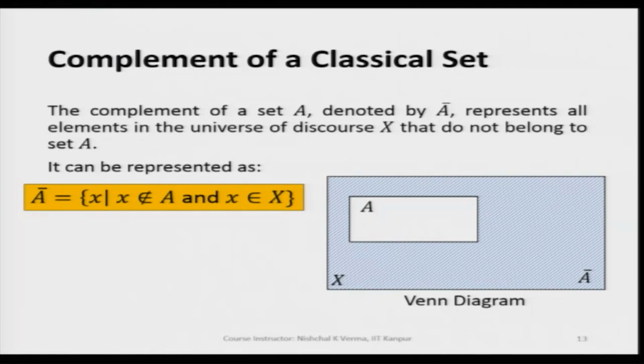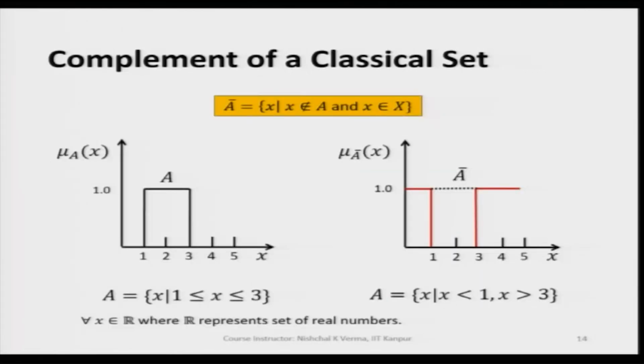We represent a complement of this classical set by A bar, and this can be represented mathematically as A bar is equal to the collection of all the elements such that these elements do not belong to A. So, let us now understand the complement of a classical set. In this diagram here we see a classical set which is continuous,